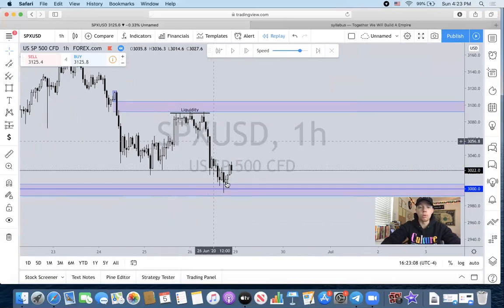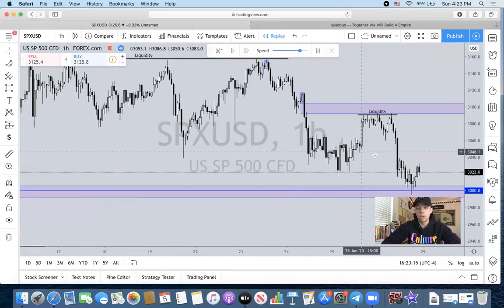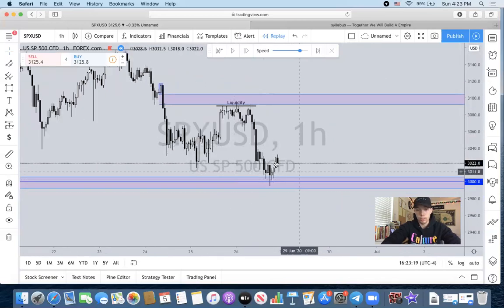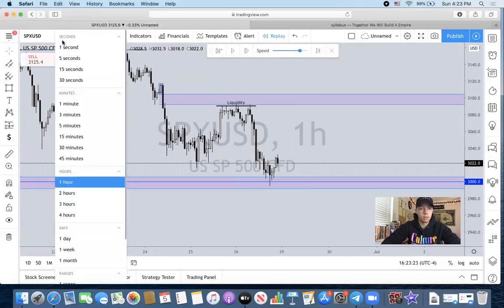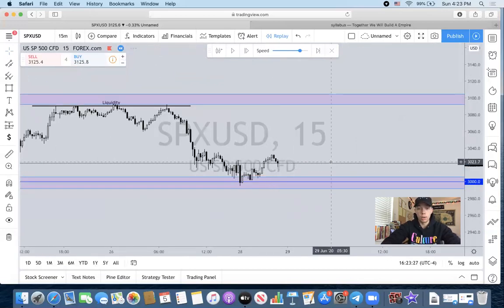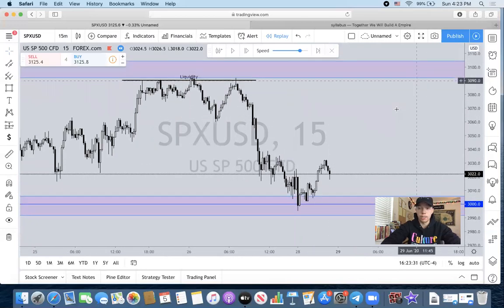So overall, what I want to show you guys is that just by identifying what happened on the daily, 4-hour, 1-hour, you can go down into a smaller time frame and actually be able to take trade setups based on just this price action here, and pretty much be able to ride this beautiful trade up all week. And I kind of just gave it away, but you guys are going to see as I break this down,